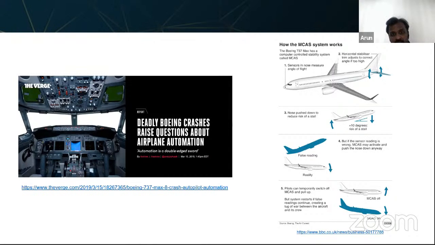So the pilots had to intervene and try to resolve this problem, but that was too late, because every time they tried to intervene, the MCAS system kept changing according to the sensor angle. But that's how it was designed. And of course, this also brought up a lot of questions: if we start to rely on automated systems to take care of the humans, especially in situations like these, probably it's not going to happen.